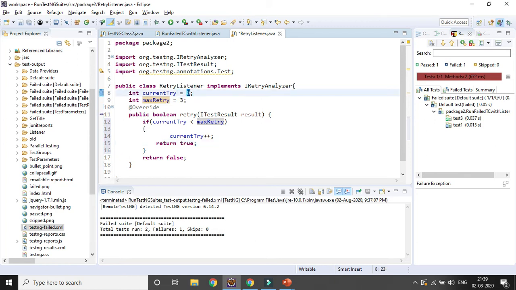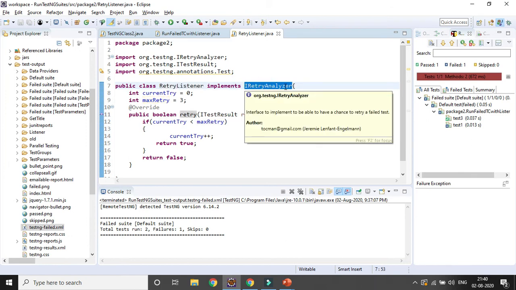So whenever you are giving 0 and 3, that means 3 different runs and 1 zeroth run, so 4 runs will be there, right? And obviously in the first 3 runs it will be skipped because it will try to run it, and the last run it will fail. Okay. So that's why we can create another class which is the retry listener, and we will implement the IRetryAnalyzer